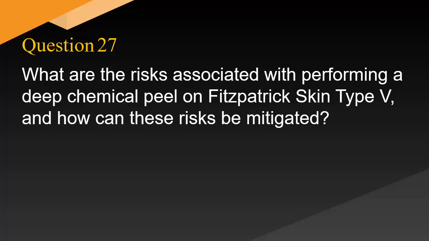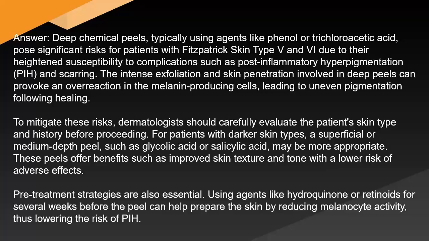What are the risks associated with performing a deep chemical peel on Fitzpatrick skin type V, and how can these risks be mitigated? Answer: deep chemical peels, typically using agents like phenol or trichloroacetic acid, pose significant risks for patients with Fitzpatrick skin type V and VI due to their heightened susceptibility to complications such as post-inflammatory hyperpigmentation and scarring. The intense exfoliation and skin penetration involved in deep peels can provoke an overreaction in the melanin-producing cells, leading to